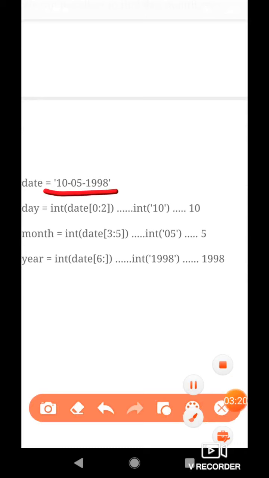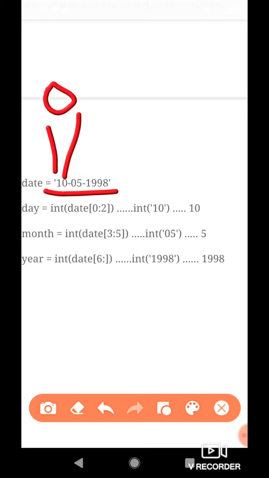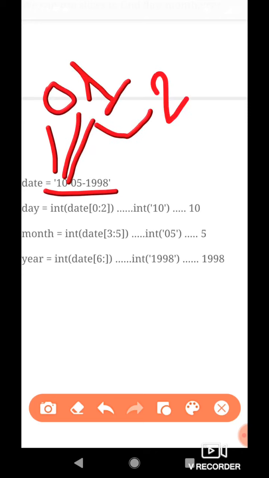Suppose the date provided by the user is 10-05-1998. Now you know that the first character of the string, 1 here, has the index 0, the second character, that means 0, has the index 1, the third character, this dash, has the index 2, and so on. We know about the indexes in the string.